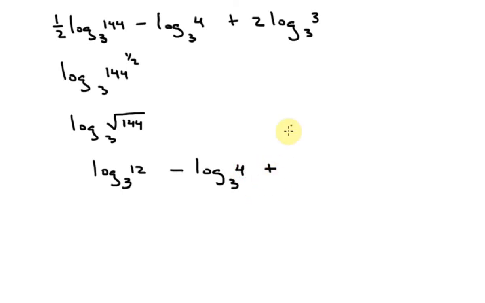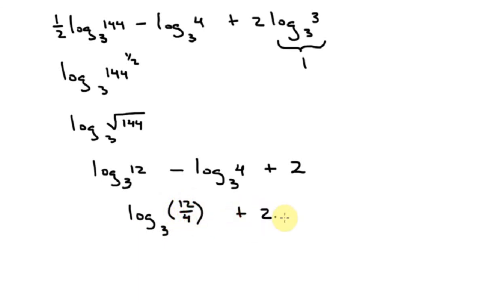But this last guy, to be perfectly honest, when I see log of 3 base 3, I know that's just 1. So this is just a 2. Somebody tried to write it in a confusing way. But anyway, we're just going to leave that guy alone. And now I'm going to see what I can do with these two guys here. Well, they're both base 3, so I can combine them and make this log base 3, and this would be 12 divided by 4,